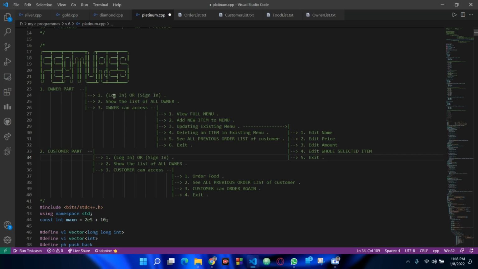In this project, we are working on features that have two parts. The first is the owner part. The owner can log in or register, log in for an existing account, or sign up for a new account. After logging in, the owner can see the list of other owners, and can also view the full food menu,